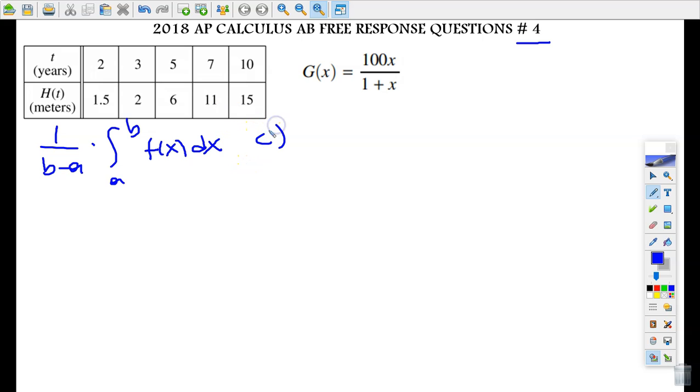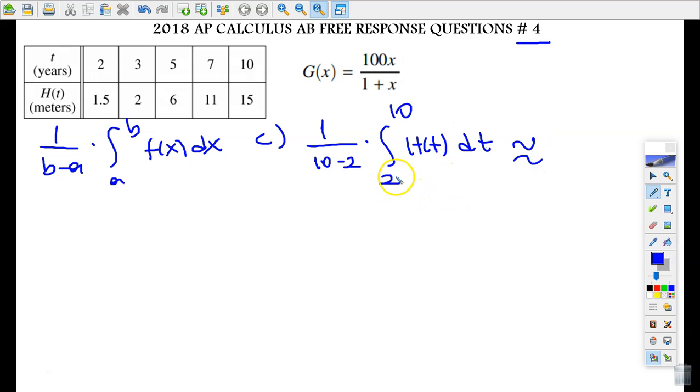So the part C, that's going to be equal to, the time interval is from 2 to 10, so it's going to be 1 over 10 minus 2 times the integral from 2 to 10 of h of t dt, which is going to be approximately, if we apply the trapezoidal sum, equal to 1 over 8 times parentheses